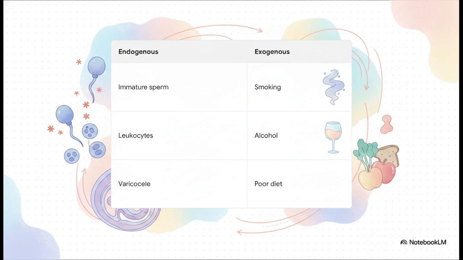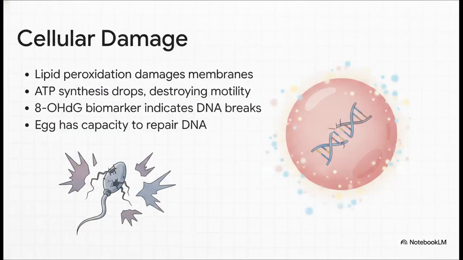Together, these unleash a storm of oxidative stress and inflammation. It creates a highly dangerous, self-sustaining cycle of cellular damage. Because the tiny sperm has stripped away all its natural antioxidant defenses in exchange for speed, it is incredibly vulnerable here. This self-amplifying cycle causes lipid peroxidation, which ruins the sperm's membrane fluidity. ATP synthesis drops, destroying their ability to swim, and the genomic damage literally fractures their DNA,